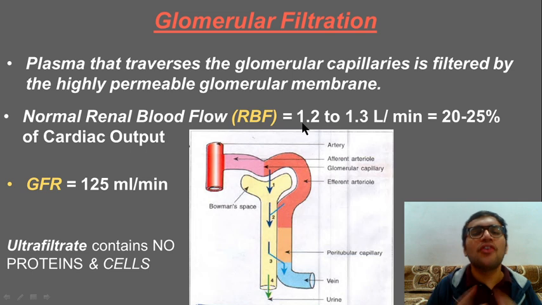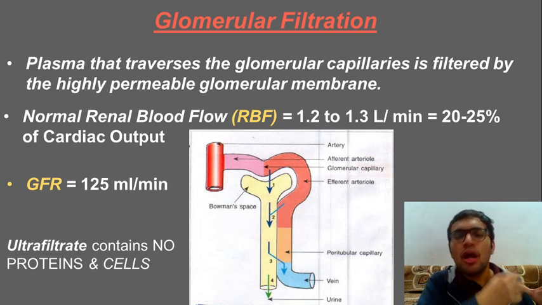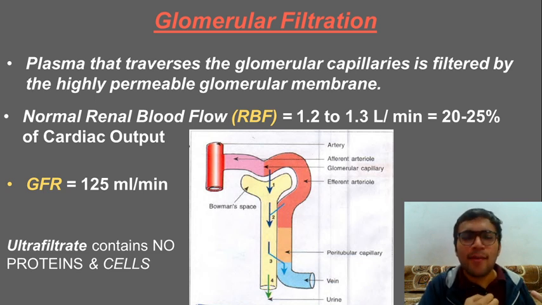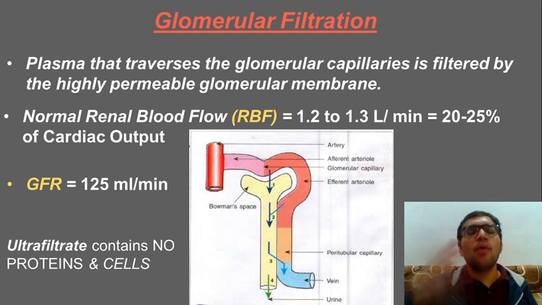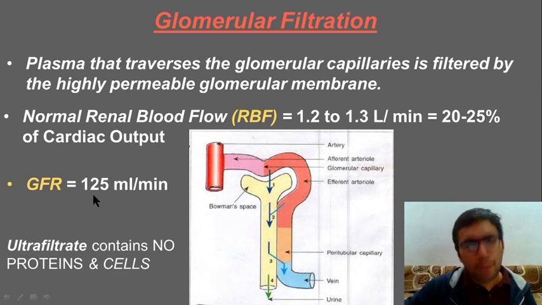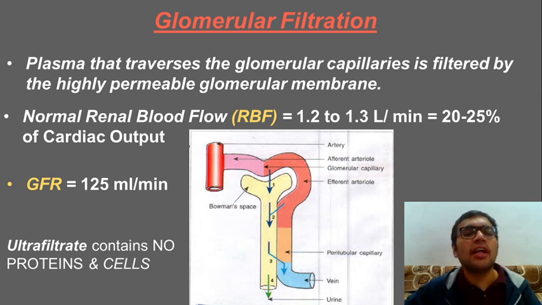Okay, in every book you will find some different values, but normally renal blood flow is 1.2 liters. Out of that, renal plasma flow is 625 ml, and out of that, GFR is 125 ml per minute. So this is the final calculation of GFR: 125 ml per minute. Now I will simply tell you, you know this very well, that if at this rate we form urine, then the urine will be around 170 to 180 liters per day.